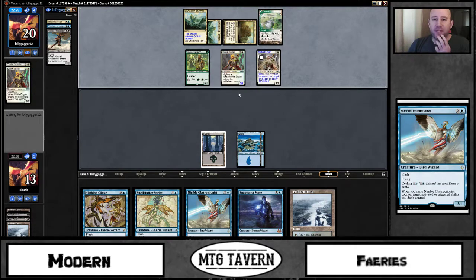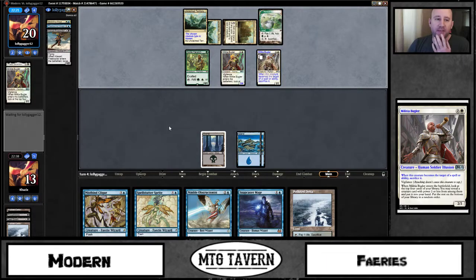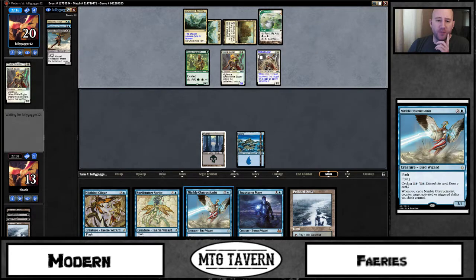Yeah, the copy ability is not an ETB, is it? It's just enters. Well, it comes onto the battlefield with that ability. Kind of blows, but never mind. On the positive side, actually, maybe I do want to hold up this Nimble Obstructionist just because...